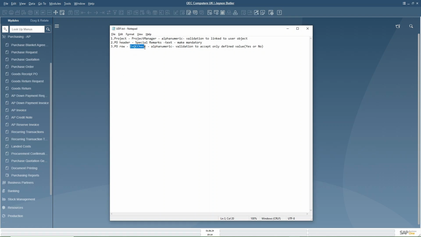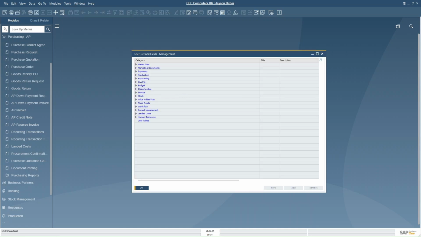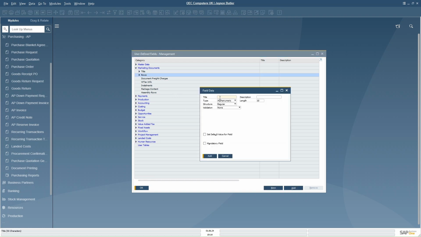It is alphanumeric and validation will be to accept yes and no. Tools, Customization, User Defined Field, Marketing Document, Rows, and the title is QC check flag.